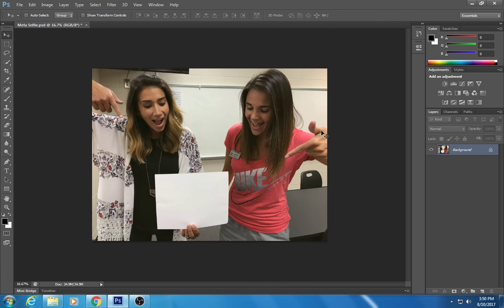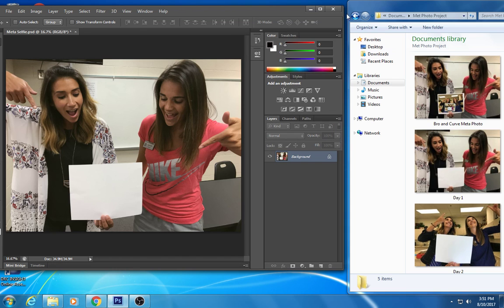All right, students, let's talk about bringing in your second selfie, your day two selfie, whichever one you chose for that. We're going to bring it in and start layering up your meta selfie, your picture within a picture within a picture. What I like to do first is minimize or shrink my Photoshop